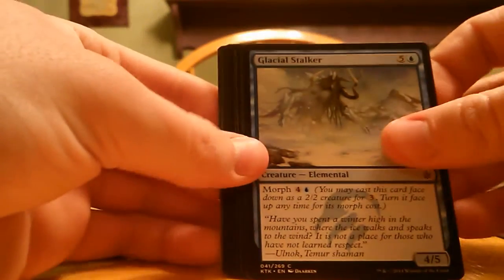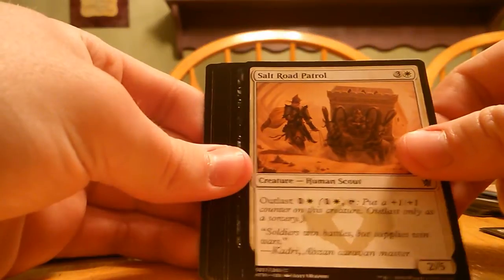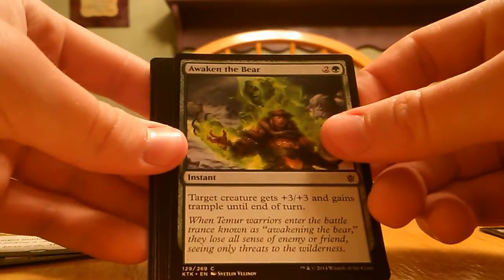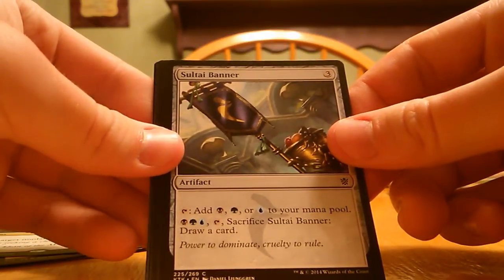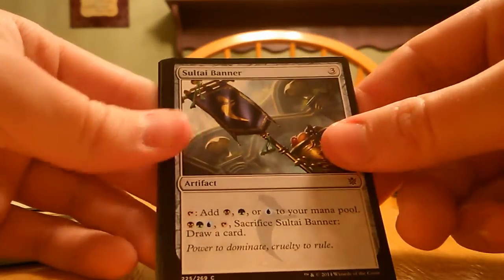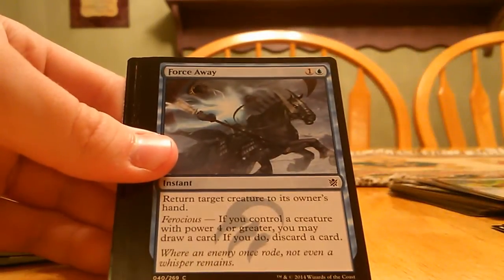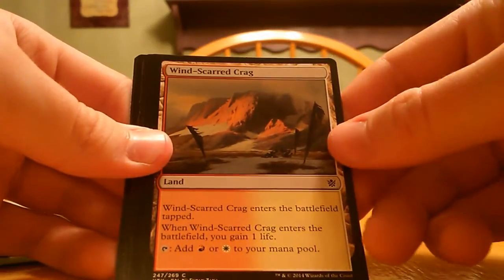There we go. Alright, Glacial Stalker, Canyon Lurkers, Salt Road Patrol, Sidisi's Pet, Awaken the Bear, okay, Sultai Banner. Looks like it's a pretty decent ramp card, I guess. It's kind of a 3-cost, and you only get one of the colors, but at least it's colored mana rather than colorless, and you can sacrifice it to draw a card, so I guess it's a decent common. Let's see, Force Away, Return,